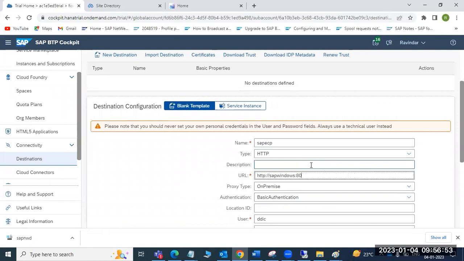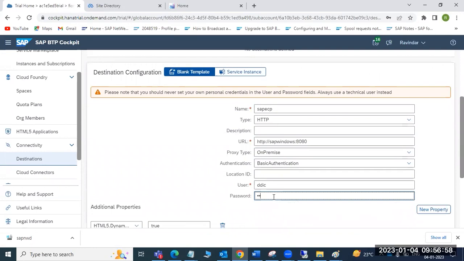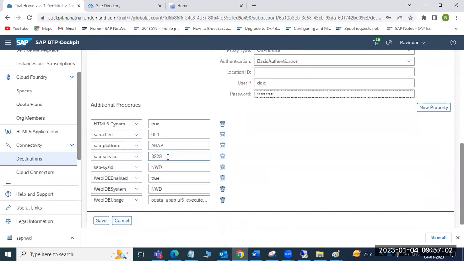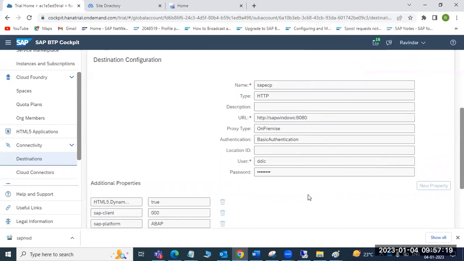What is the port number? 8080. What is the password? And what is the SID? What is the SAP service name? The SID is different, ECP. This is the ECC system. So ECP and ECP. Click on the save button. Then it's done. It's saved.